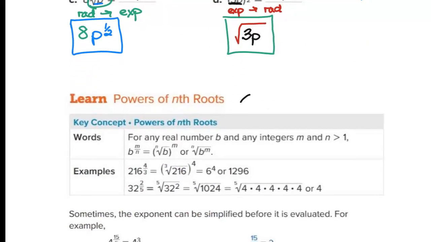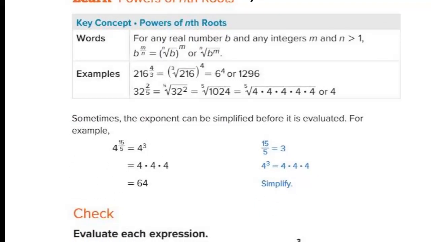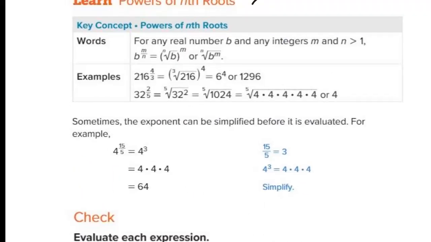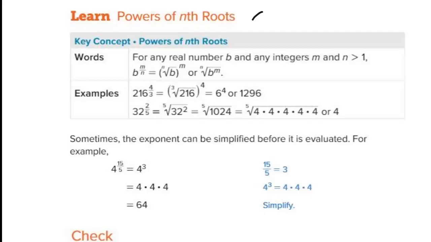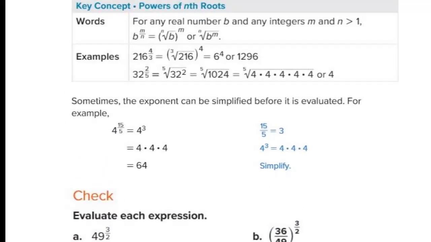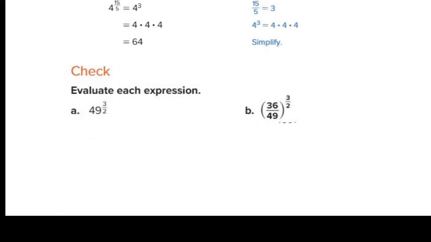Okay. So that's if you have a square root, but sometimes we have different roots, okay? I don't like how they did this. It says sometimes the exponent can be simplified before it's evaluated. I don't really like any of these. Let's just go to the check,